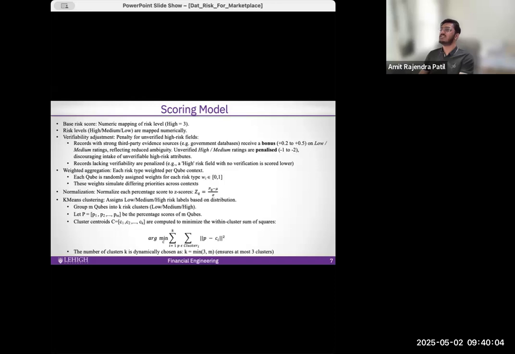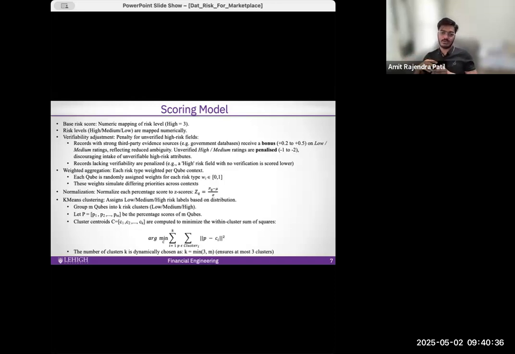So how this has been inculcated is, in the end, when all of the percentages are calculated for, let's say, m cubes, as can be seen in the slide, based on that it will normalize the score. It will calculate the normalized score for each and every percent, and on the basis of that we will get a centroid value, and from the centroid value, three categories will be divided: low, medium,